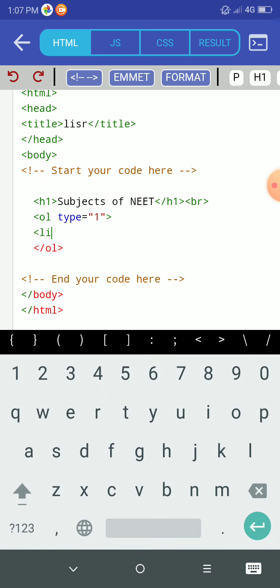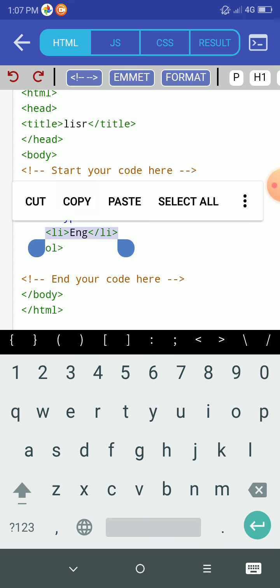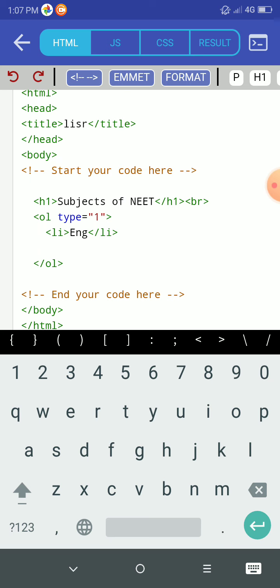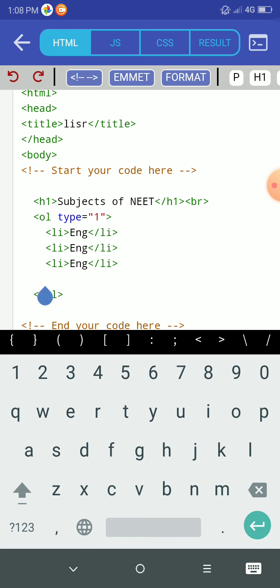So li, whether you close li or not, we have not closed it, doesn't matter, means it's not compulsory that li should be closed. So the first subject is English, then I'm just copying it. Likewise, take more subjects when you are doing the practice.